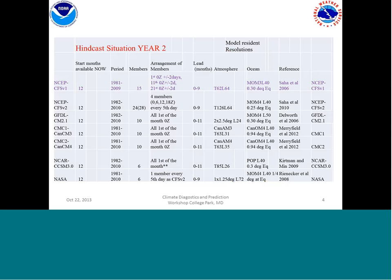You've seen this a lot, but this has a little bit more information. V1 is at the top, which is now extinct. We have version 2, GFDL, the 2 Canadian models, NCAR and NASA. And as you can see from the members, CFS V2 has the maximum number of members, and so there could be an advantage. I'm not sure when people do their means whether they take the same number of members; what I did is I took whatever was available. And CFS V2 also has the advantage of being one of the highest resolution models,